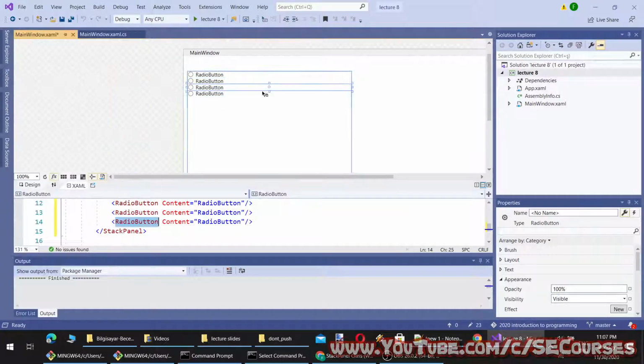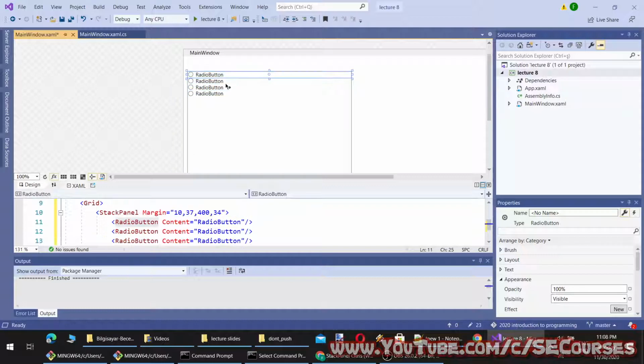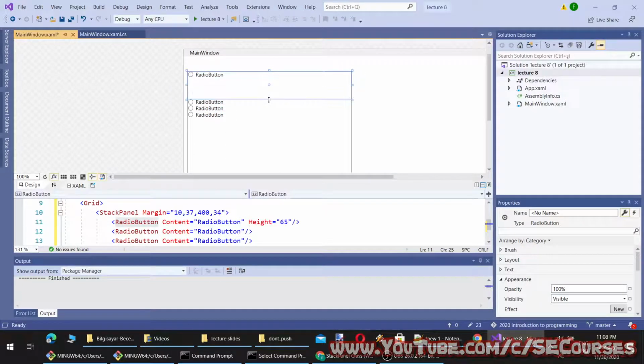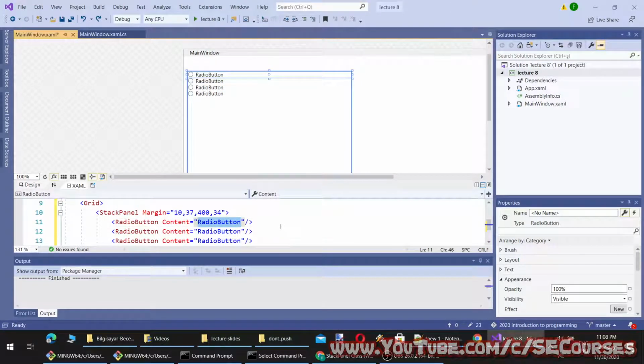So you see they are getting vertically aligned from top to bottom. I can change their features as well. Okay, so let's say you have multiple options and you want only one of them to be chosen by the user. To do that, we can achieve that like this.